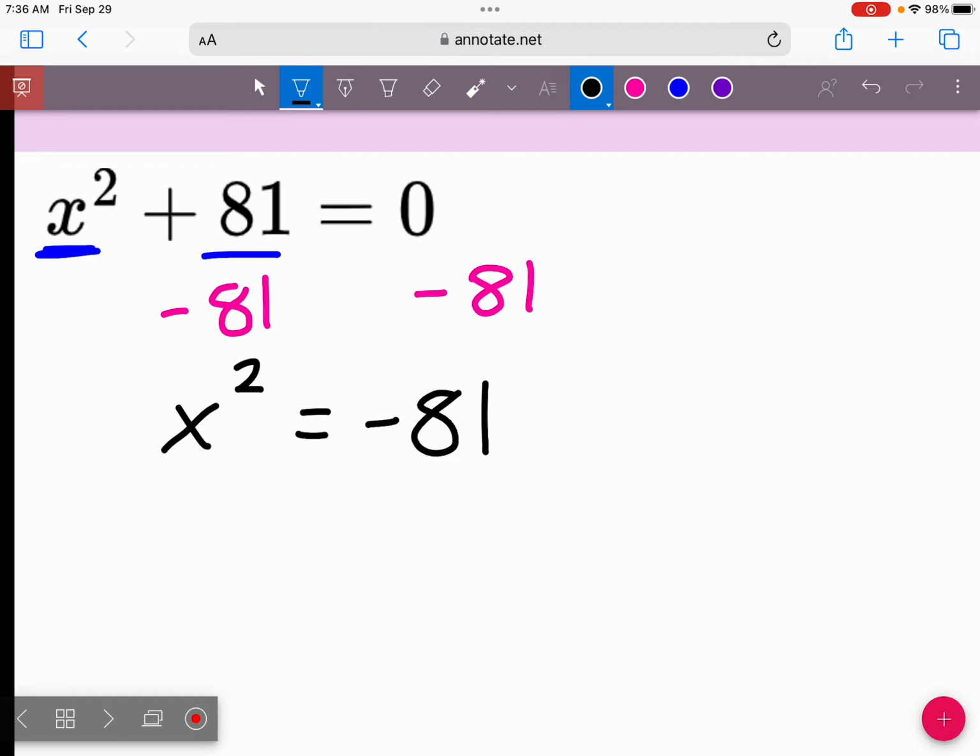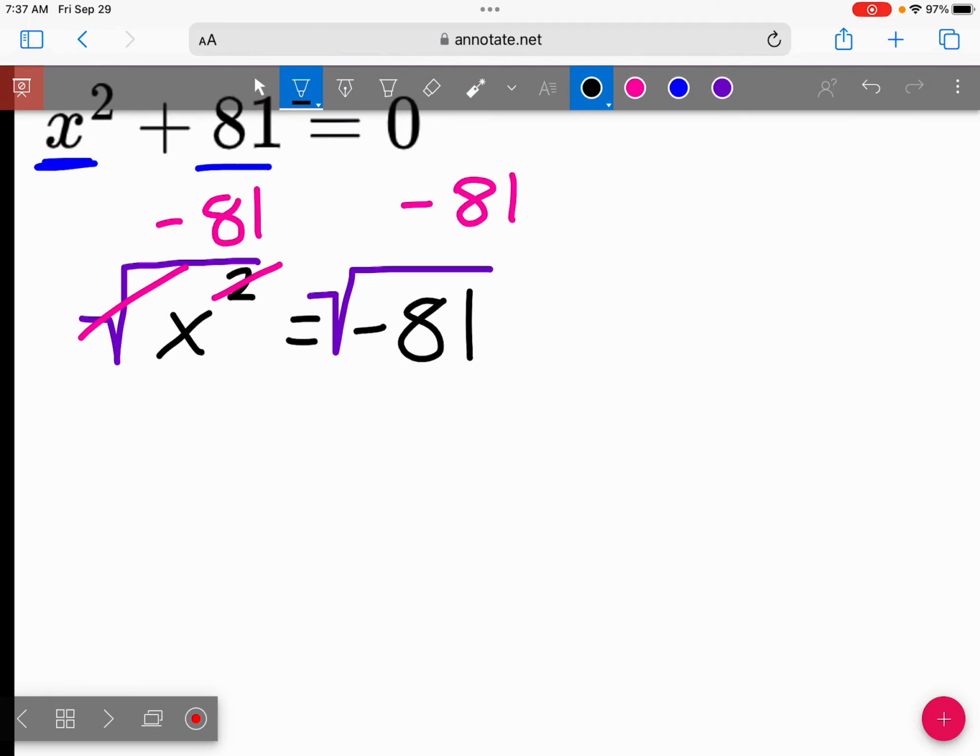All right? I want to know what x is, not what x squared is. So to get x by itself, I need to undo that square. To undo the square, we use the square root. Whatever I do to one side, I do to the other. That's going to make my squares cancel out, and we get that x equals,